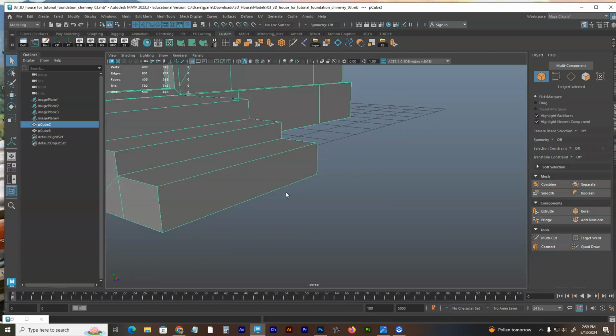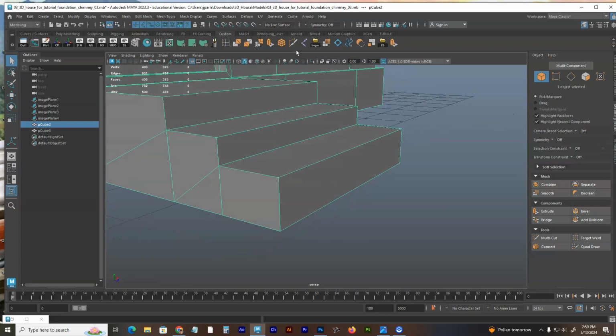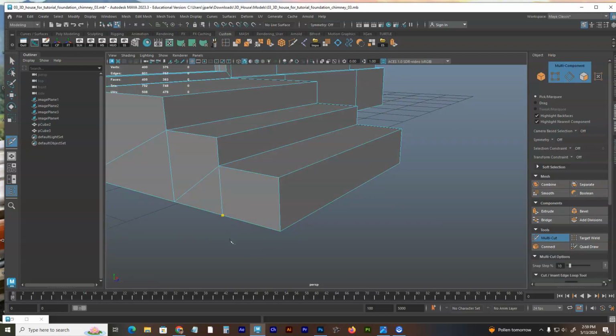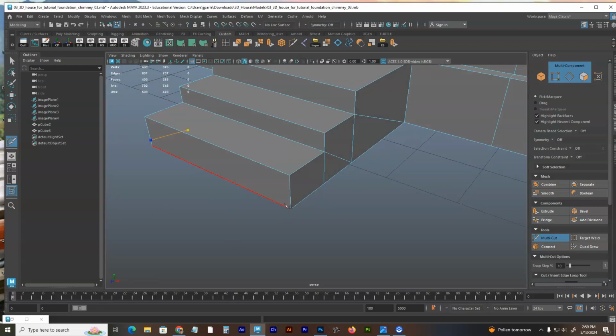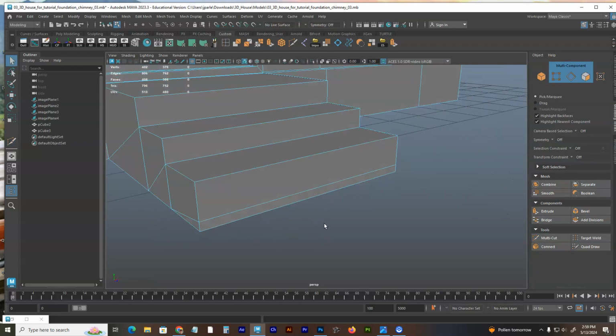And we're gonna play with this a little bit, have some fun with it. So again, I'm going to multi-cut tool down to the base here. I'm going to go up to approximately 20%. Control Shift to get my 90-degree angle. Again, finish that down. And then we can see that we have a face here. Boom, we want to